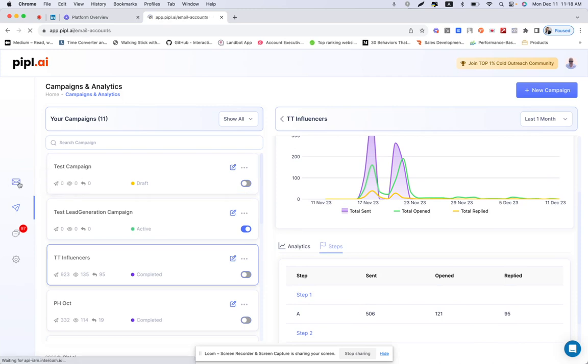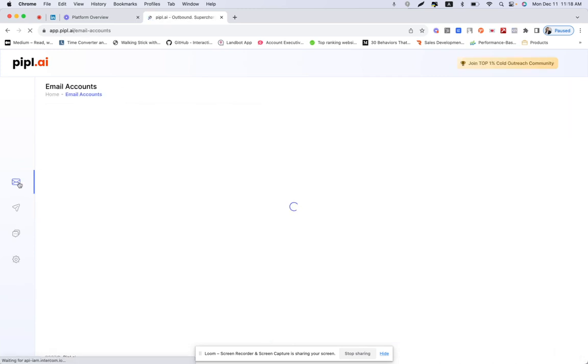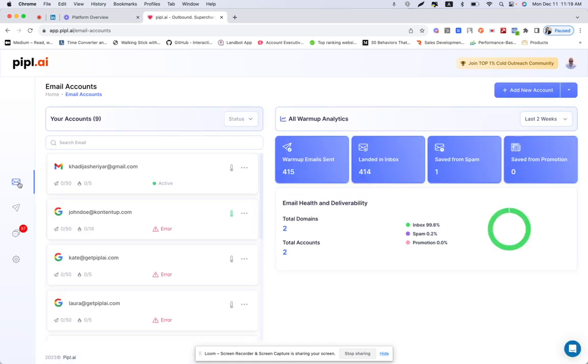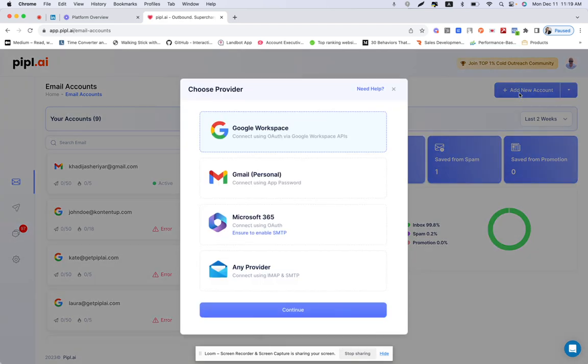actually connect your email accounts. Pipl.ai supports connecting unlimited email accounts from our users so that you can scale your campaigns easily. It doesn't cost you a penny on top. So, in order to connect your account, you just navigate to email accounts, you click on add a new email account, and you will end up with plenty of options based on your email service provider on how to connect